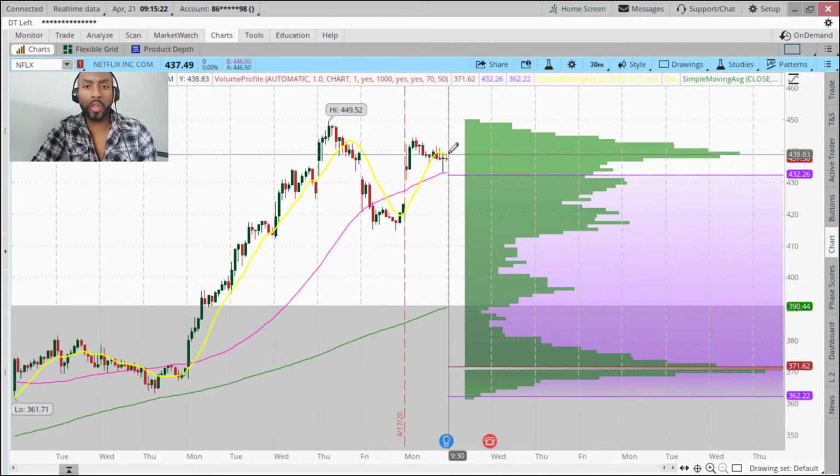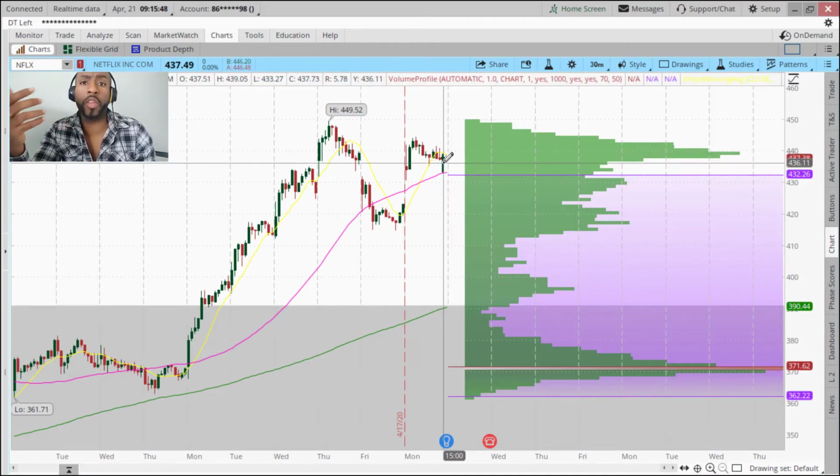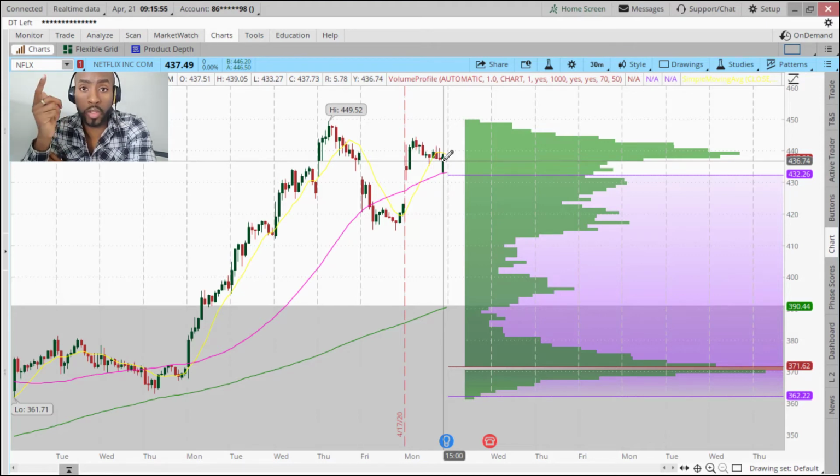Then the natural first target to the upside is 449, and possibly we can see what we can do beyond there. Again, as I admonished before, given that we've had this monster run of almost 14% in Netflix in a matter of 4 days, I would not be chasing Netflix here into earnings unless it's on a tactical intraday basis. If you'd like to perhaps go long against that 433 level, looking for whatever upside into the number this evening, then be my guest, consistent with your account size, your risk tolerance, your time frame, then by all means